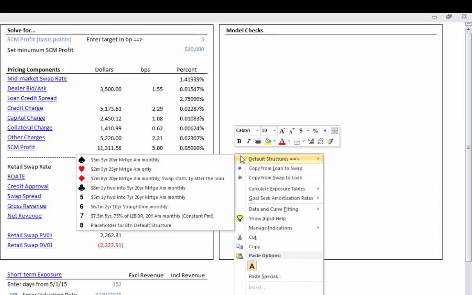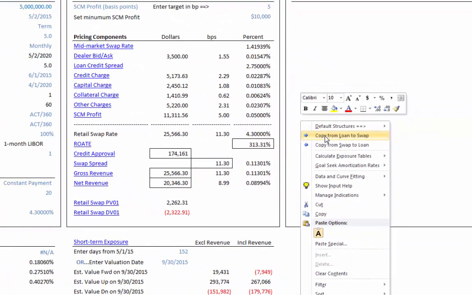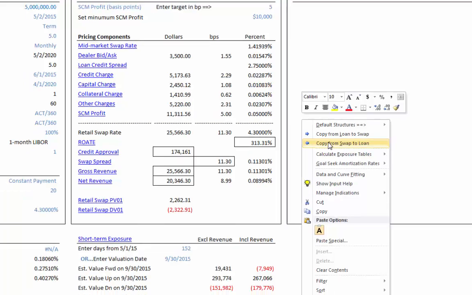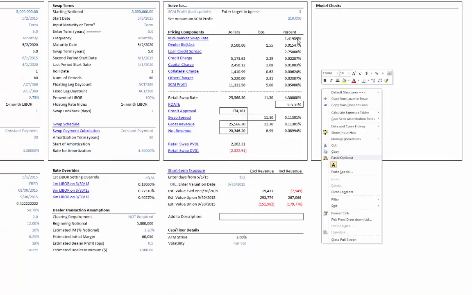You don't need to start with a default structure. You can enter the loan inputs and copy from the loan to the swap using this menu choice, or you can enter the inputs in the swap and copy from the swap to the loan. Either way works, and the swap and the loan are independent of one another. Once you've entered your desired loan and swap structure, you'll see the calculated mid-market price, mid-market rate,